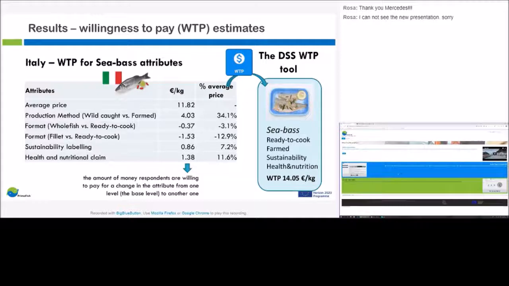So again, this is the DSS Primefish decision support system. I'll be demonstrating a little bit how the willingness to pay tool was implemented and an idea of how we can add value to the industry. The DSS framework is comprised of a different set of tools that will help you get information, and we also have alongside the DSS a wiki which will provide information about the research and the tools and